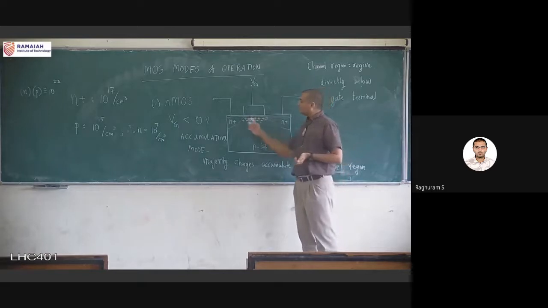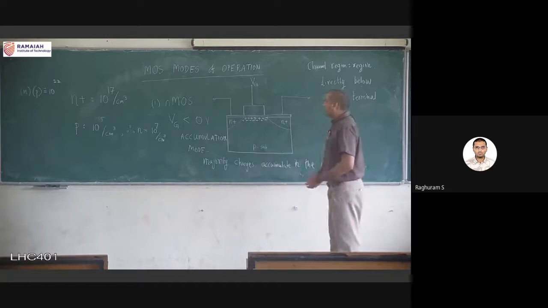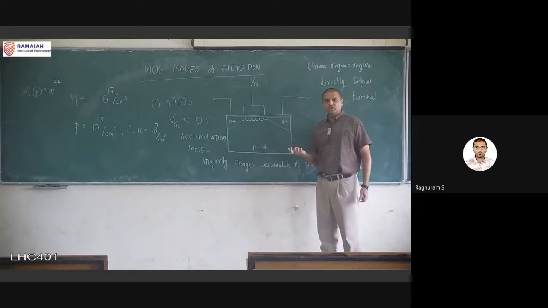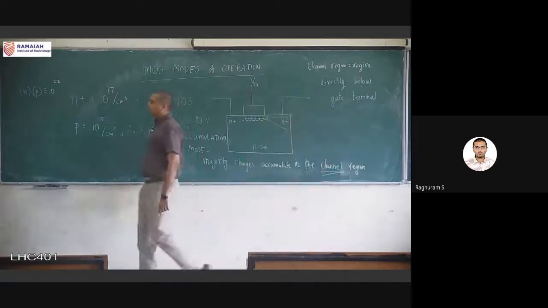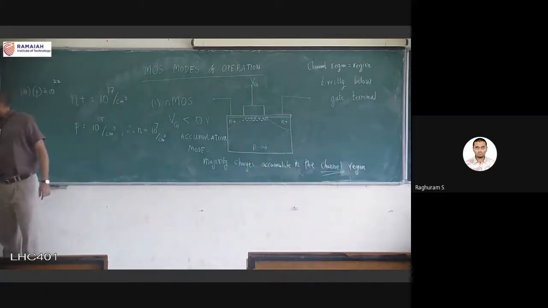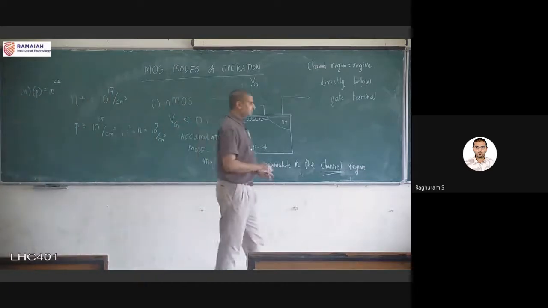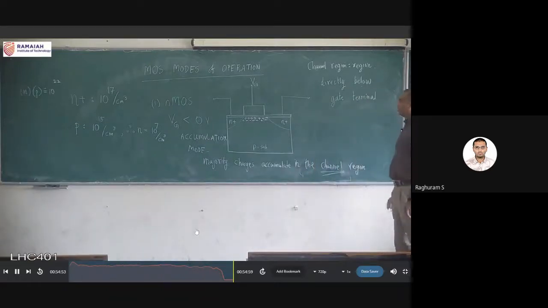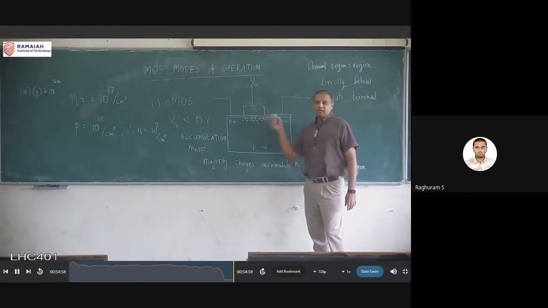Now let us look at this configuration, which is also called accumulation mode. I have two n plus regions which have to be connected together if the switch is on, and disconnected if the switch is off. So in this mode of operation, can you tell me if the NMOS transistor is on or off? That is the question. Is it on or is it off? There is no chance of it being on, right? Because